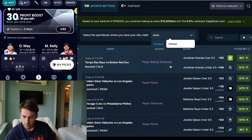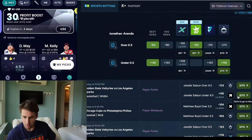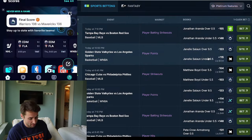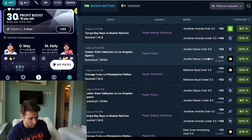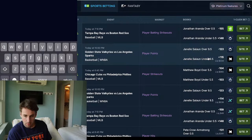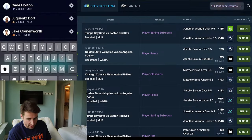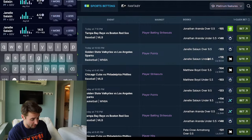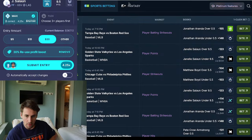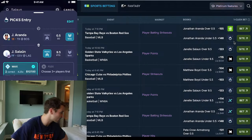I would run Jonathan Arenado. This play actually looks very good. Honestly, and again, I'm not going to be able to run this, but you could run both of these picks with the discount or with the profit boost. This is what I personally would run. Arenado under half of a strikeout, so to not strike out. And then, I mean, dude, she better fucking score tonight because we're all over her. This is what I personally, again, would run. Sorry, you guys can't see it. These two picks. Plus 146, 2.46x